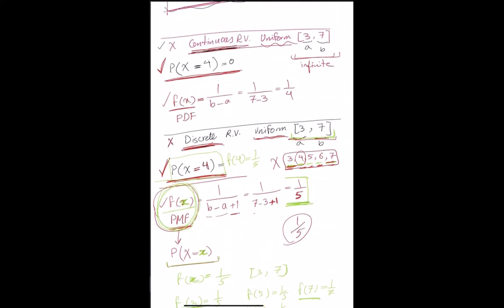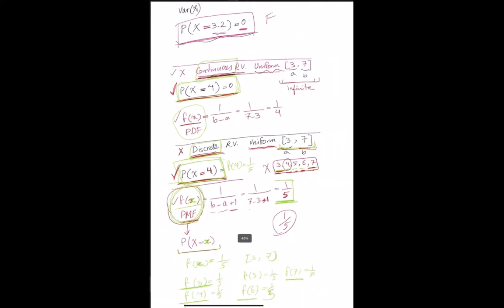When you are working with a uniform random variable, make sure to read the question carefully and figure out if this variable is discrete or continuous, because each one of them has a different form for the probability function, and for some of them, some probabilities make no sense. For some of them, some probabilities make a lot of sense, and so forth.